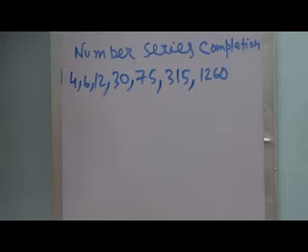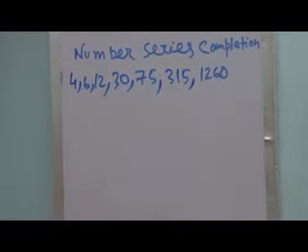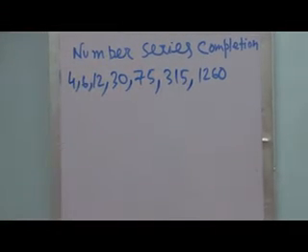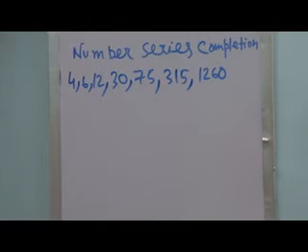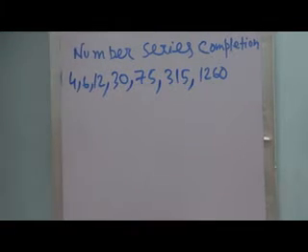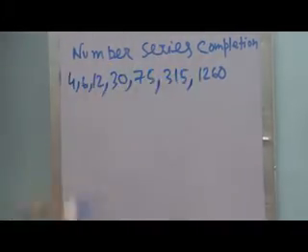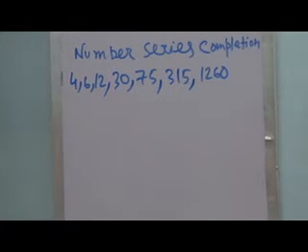Now, just a few minutes ago, I told you about an odd one out. This one is the odd one out number series. That means a particular number in this series is wrong according to the logic behind the whole series. You have to calculate which number is wrong. Now I am going to solve it for you.